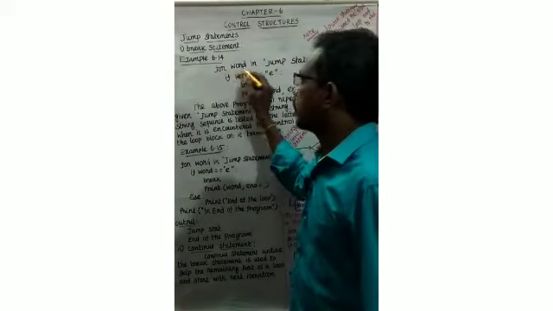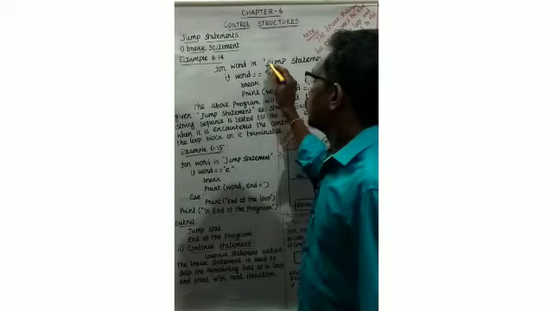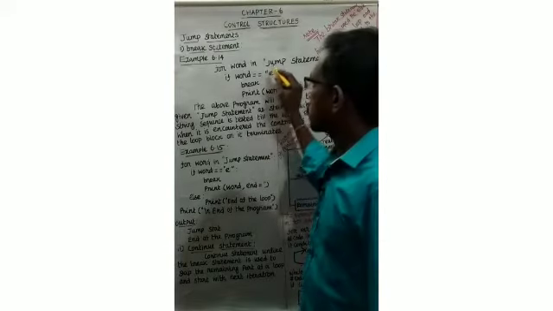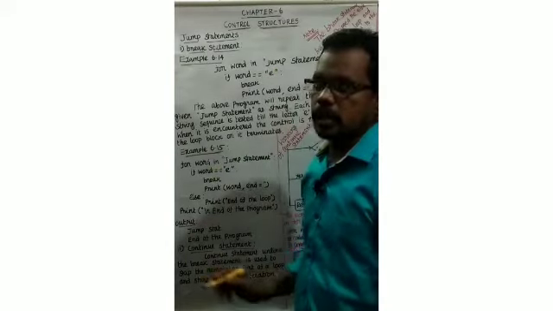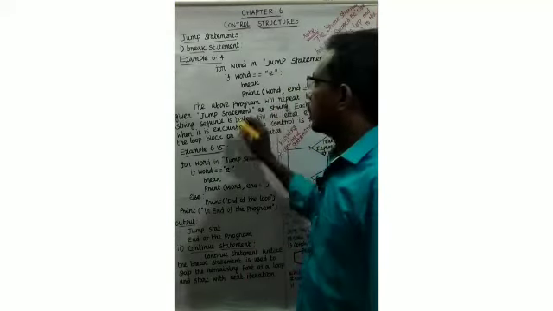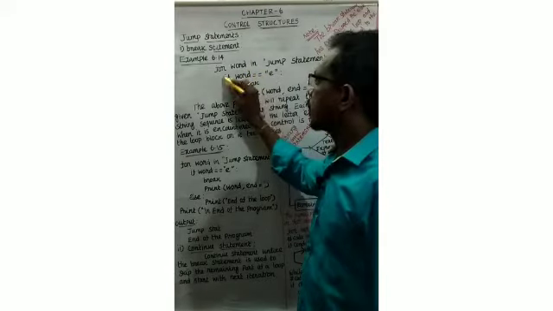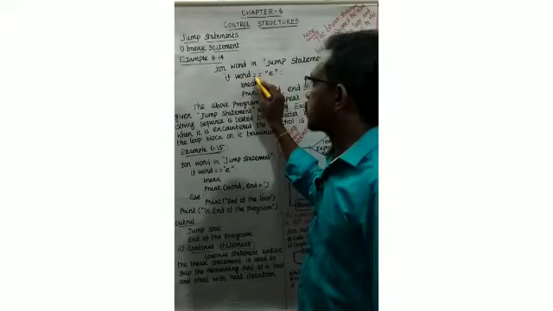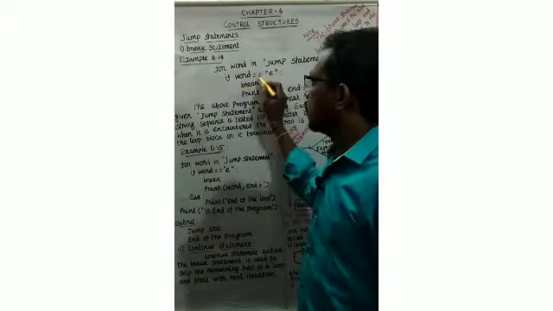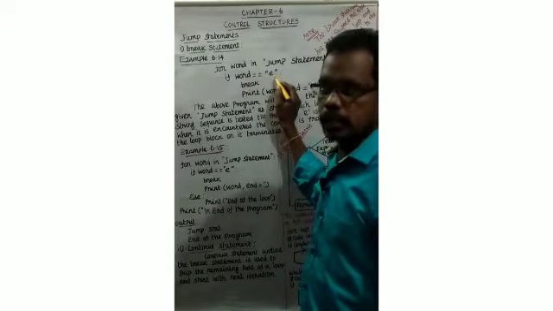For is the keyword, word is the counter variable, in is the keyword, and within the double quotation they have given "jump statement". So there is a collection of characters. A collection of characters is called a string. The string value is assigned there. Next, if word. The if condition is using the relational operator. Single equal means assignment operator. Double equal means equality operator. Equal to E. Assigning the letter E.